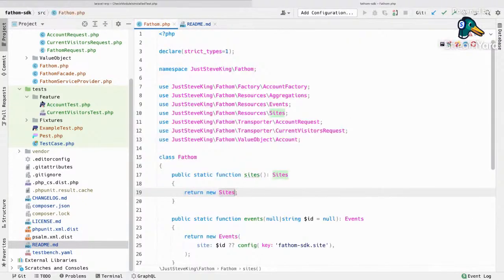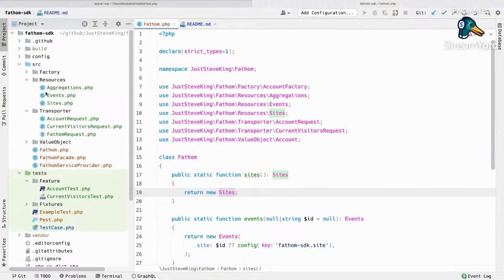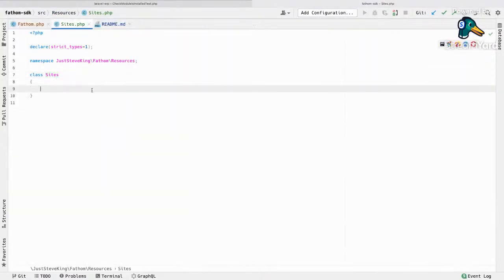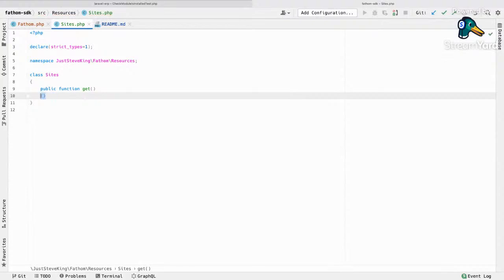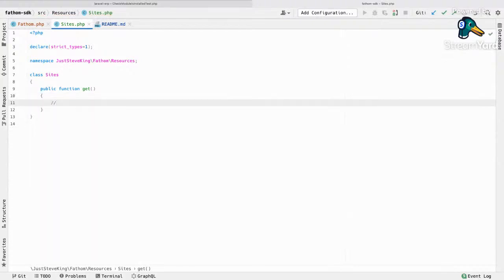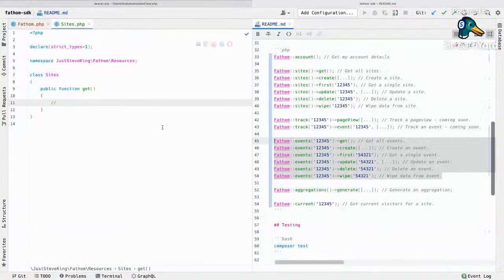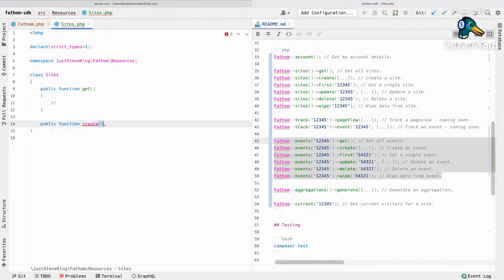So let's go to sites, resources, sites. Within here, we're going to have a request. What else are we going to have? What else do we want? Tell you what, let's put this over this side. This will make it easier. I'm going to get. I'm going to have the create request. Ooh, keyboard's getting a little bit happy today, isn't it? So we have get, create,